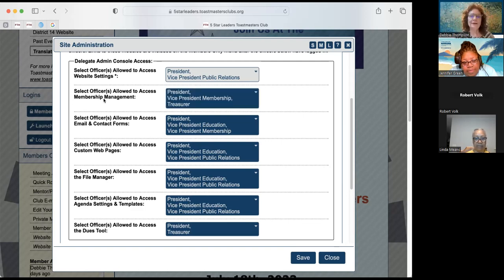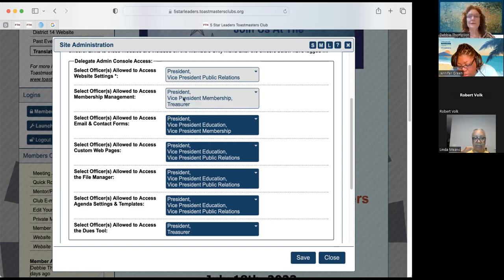You can give them access to membership management. And sometimes we do this because we want the VPM to be able to add and update the website with new members. It's not automated. When somebody is added to TI, they're not automatically added to your club website. So you have to do that.